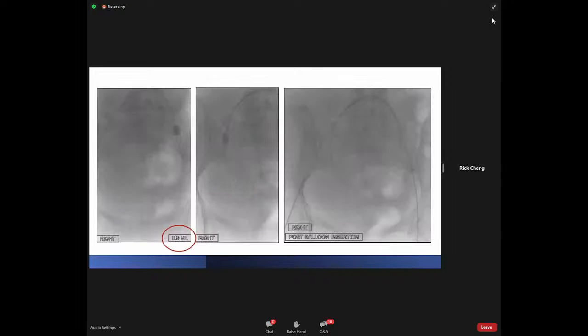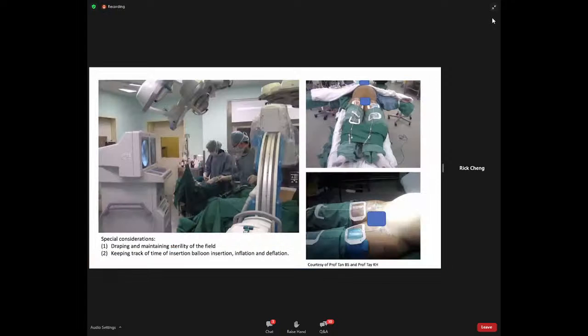Here's a case that's done in the angio suite. You can see the guide wires are left in place along with the balloon-mounted catheters to ensure that there's no dislodgement along with patient movement from the IR suite to the OT. The amount that's used for the balloon inflation is also clearly marked on the angiographic images.